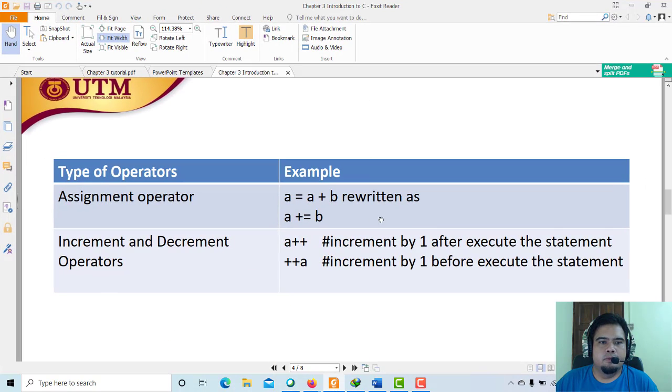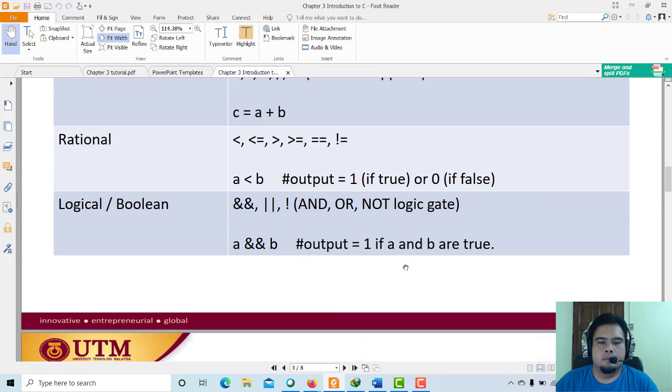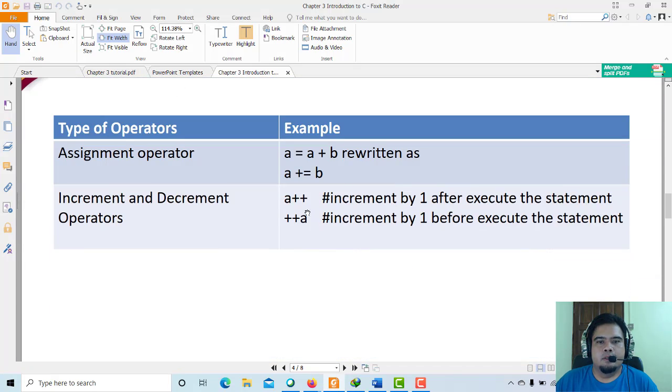Are you referring to this one, the increment and decrement part? Yeah, the increment and decrement part. So what is the difference between A plus plus or plus plus A? Okay, like the one that is described in that slide there, A plus plus is increment by 1 after executing